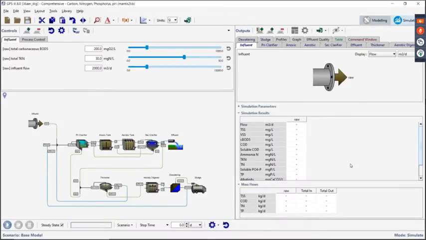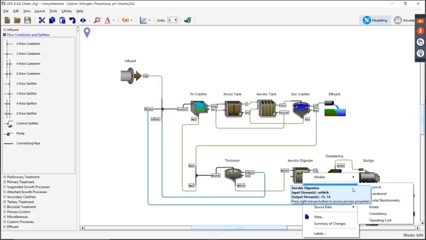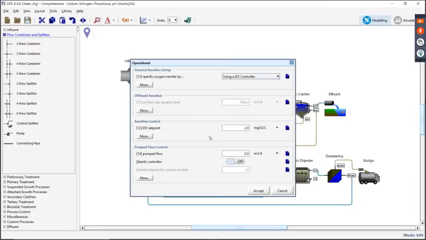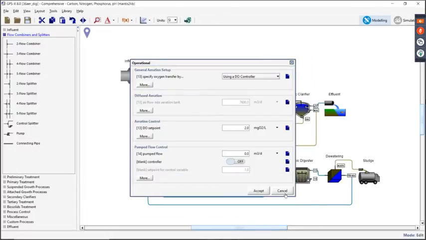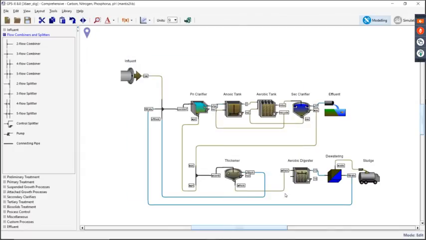I won't run the simulation now since I'm running a little long, but here in the diffused aeration menu, we now have a correlation. You can either set it or correlate it to the solids concentration, and we'll calculate an alpha value for you. So during periods when you have more solids in your digester, you might require more air to do the job.